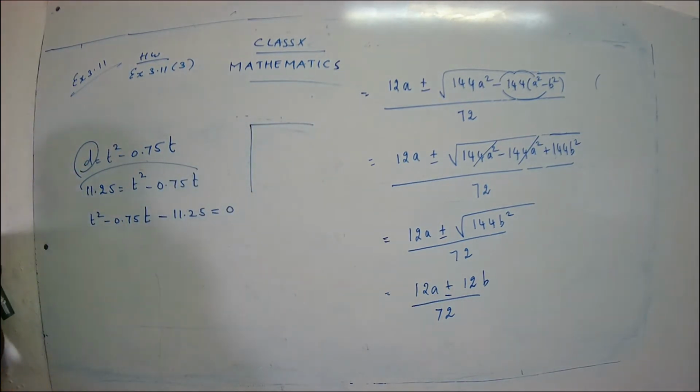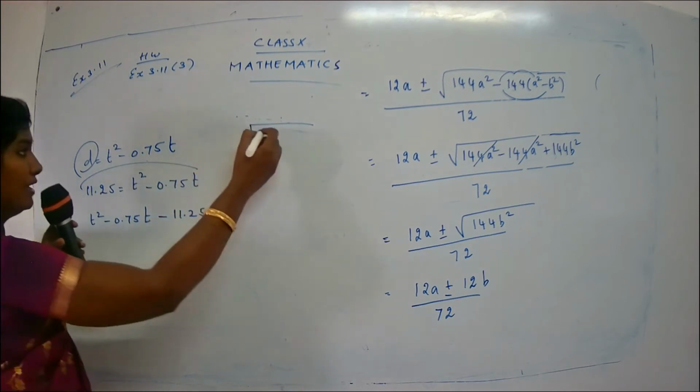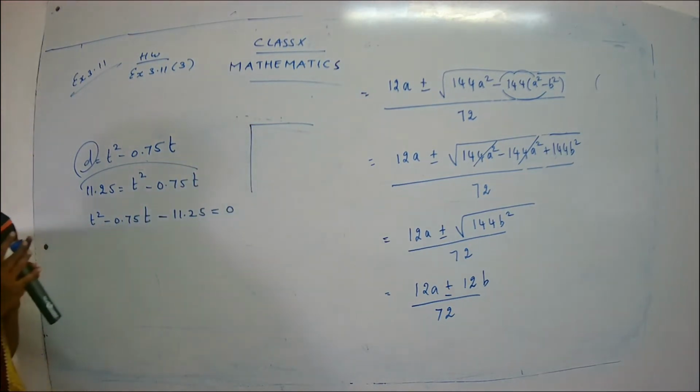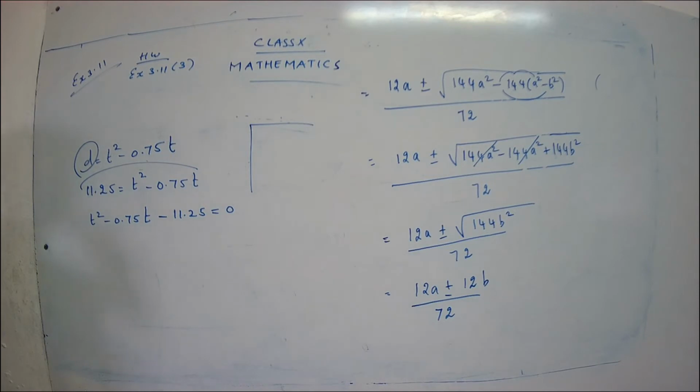Do you remember the sums? Yes, we have done it, we have to take a pair and we do. I hope you remember. So I just want you to recollect the things that we have done previously. You just refer to that long division method that we have used for finding the square root, and you're going to apply it and get the answer. So I'm just giving you the hint.